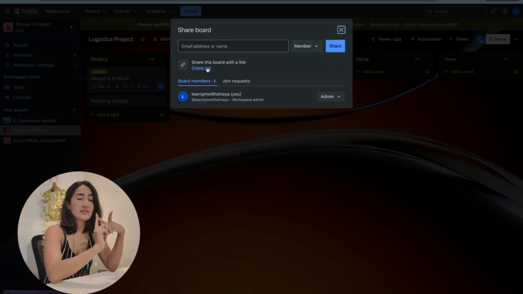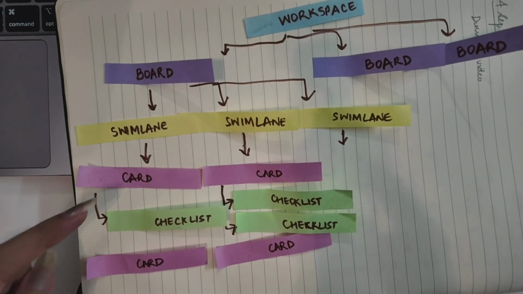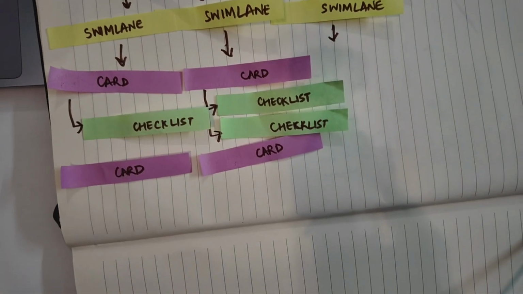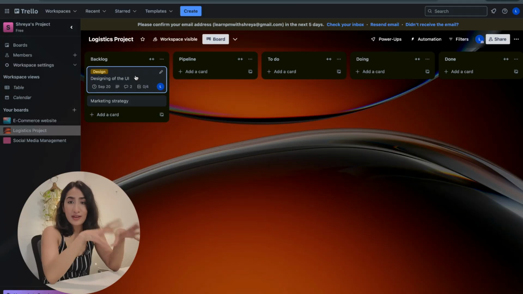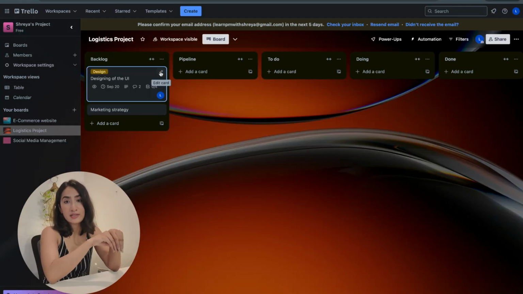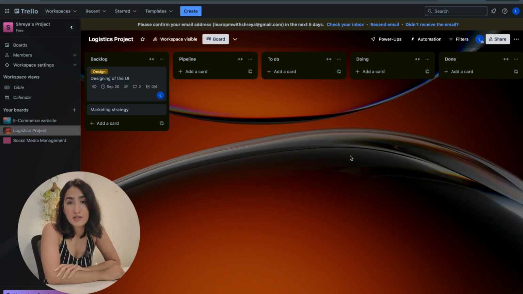So now you know what is a workspace, you know what is a board, you can create multiple boards. Now you also know what are swim lanes, and you know what are cards, and you also finally know what are checklists under the cards. You can customize the cards, and the more detailed the cards are, the more helpful it is for your team members to stay here and manage all of the project here itself on Trello, instead of jumping here and there for different resources or even on different communication channels.